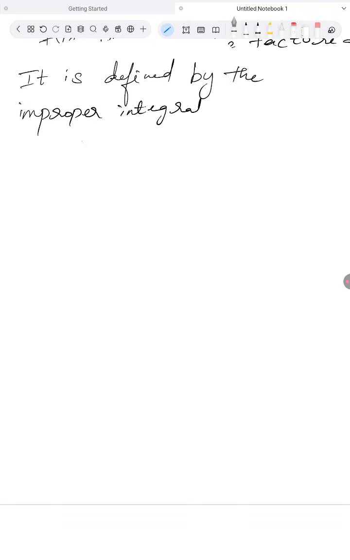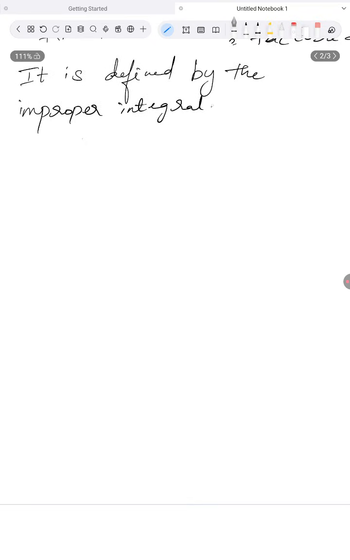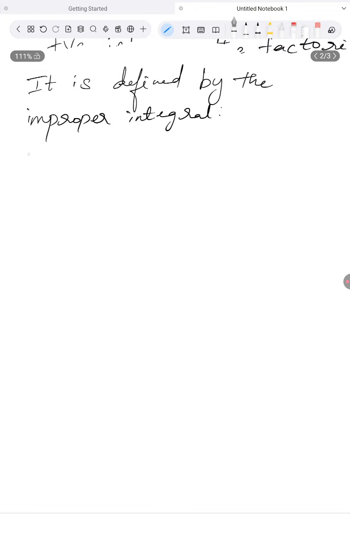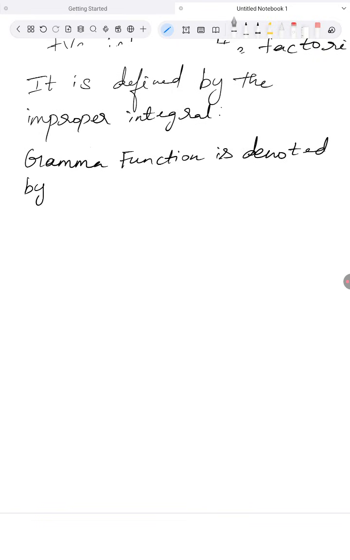We all know what an improper integral is. The notation: the gamma function is denoted by gamma of n, and is defined by